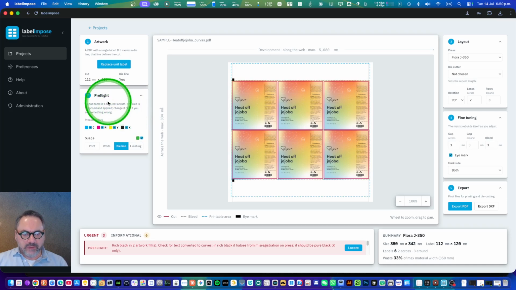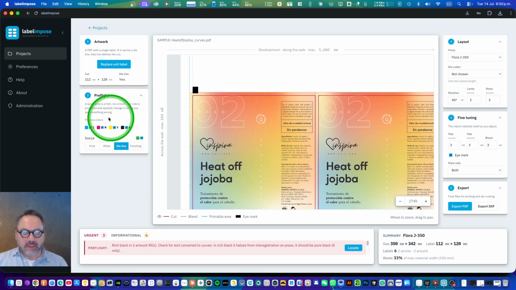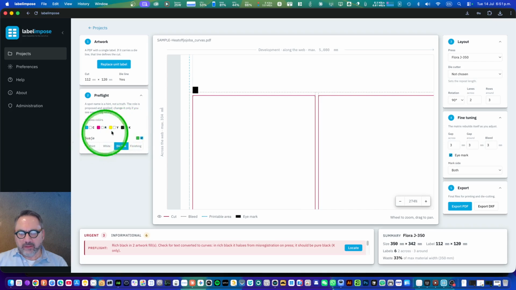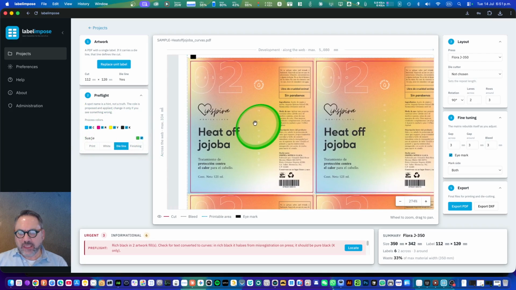One of the best things we can do with pre-flight is to work in this visual area, which we call the canvas, and switch the color channels to see the separation on the screen, in order to understand if the file would print correctly or not.